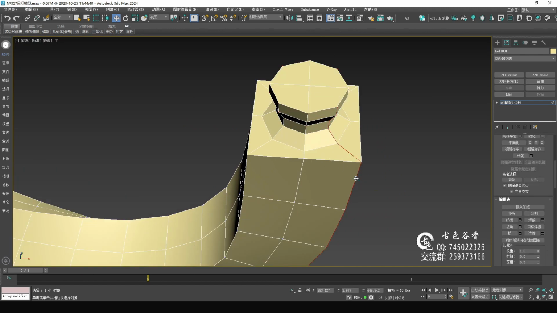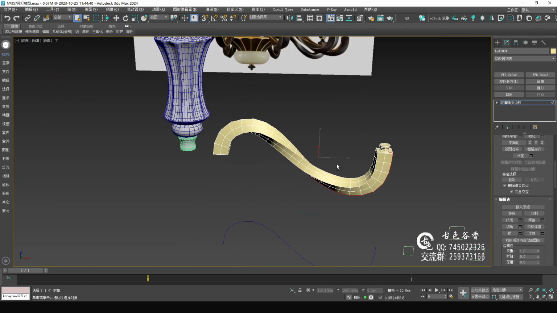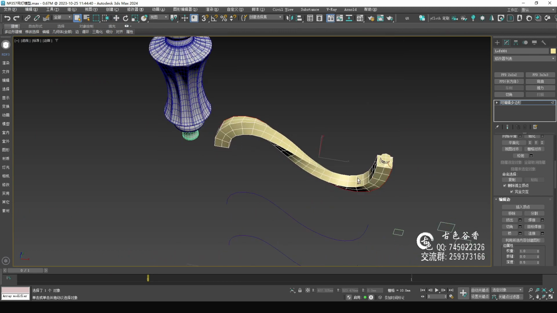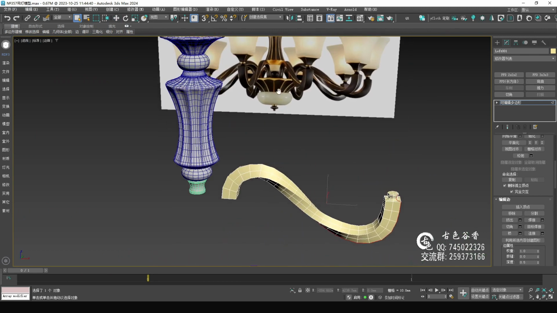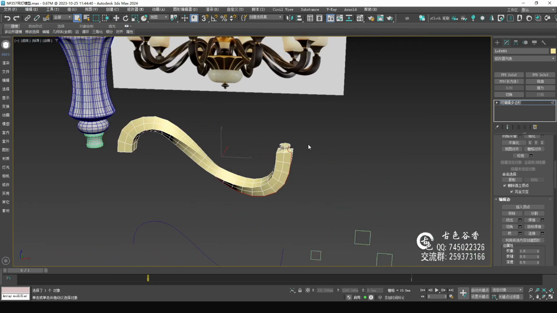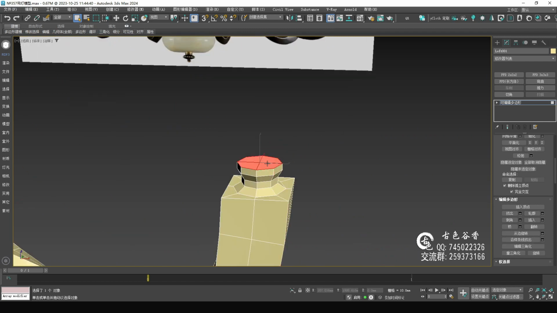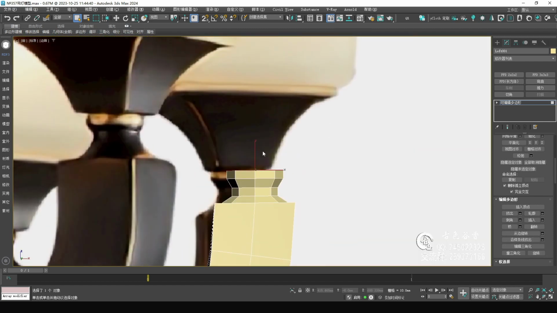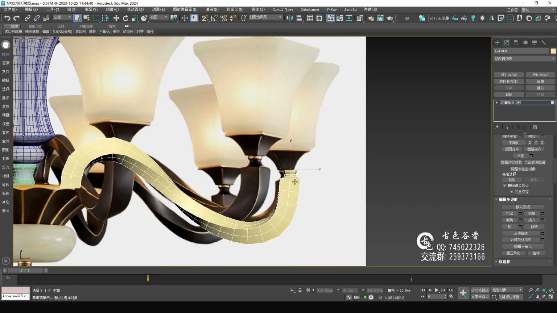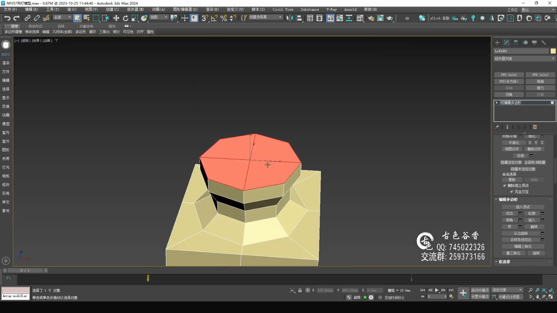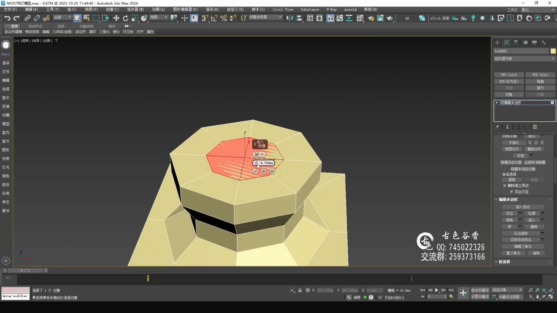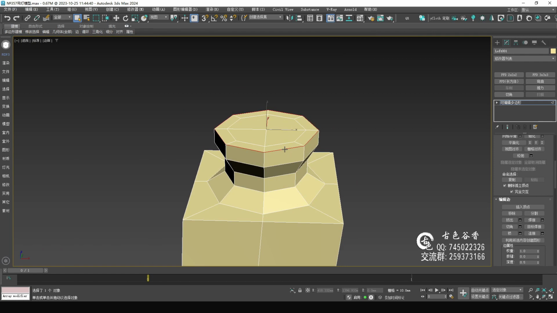And then choose this side. Let me have a look. I want to cut the corners on it. Let's pick this side and insert it. And then choose this side.